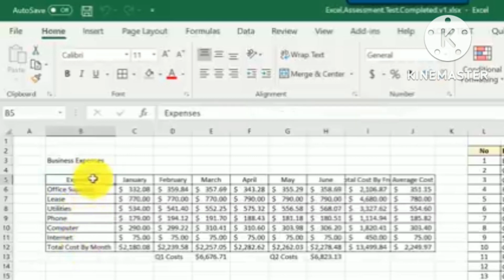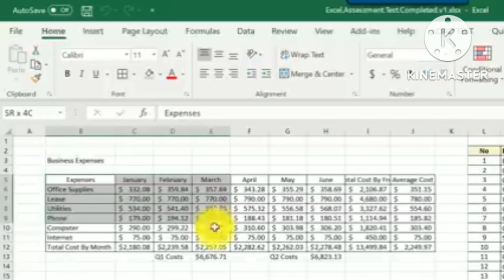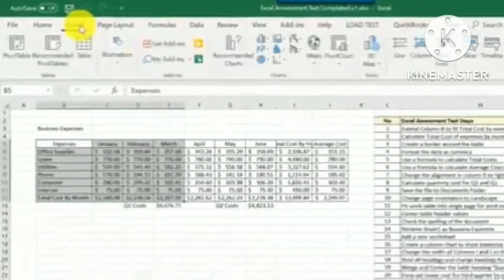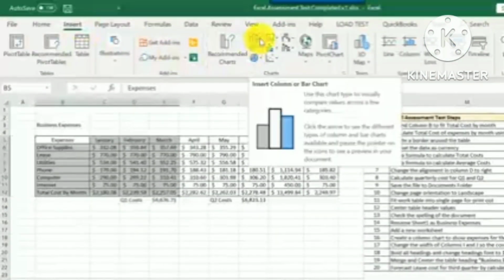So to do that, we need to select the area of expenses, include the types of expenses, and include the values January through March. So it's basically a range between the cells B5 and E12. So once we selected all this area, we need to click Insert button and insert chart, and it asks us